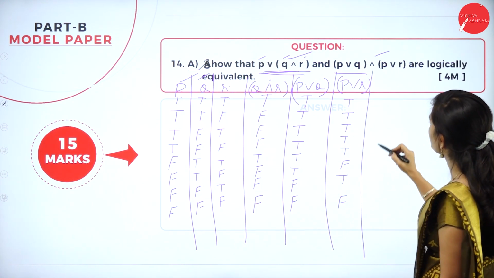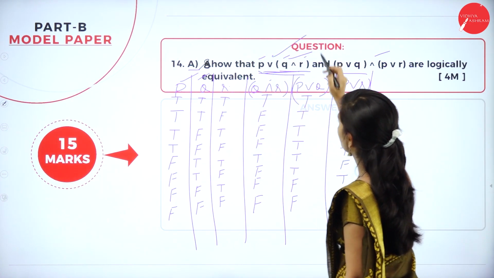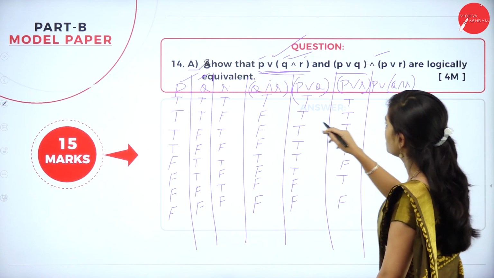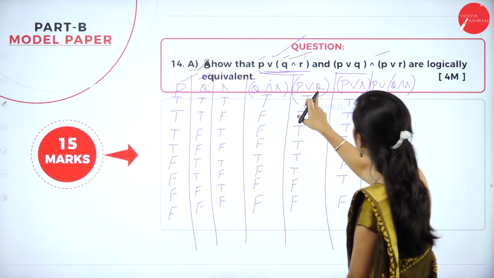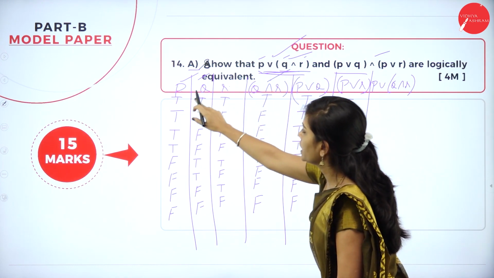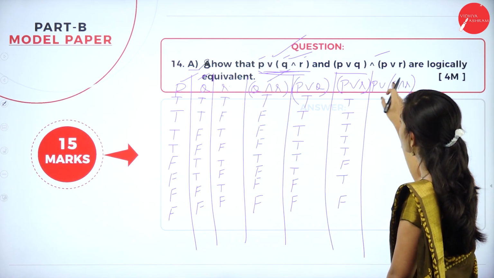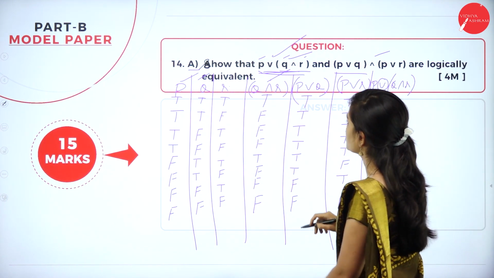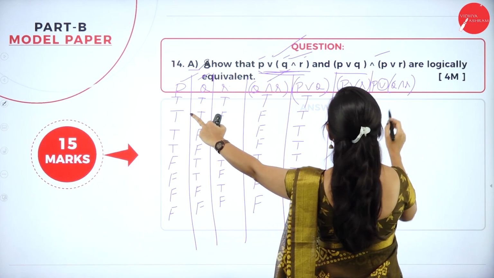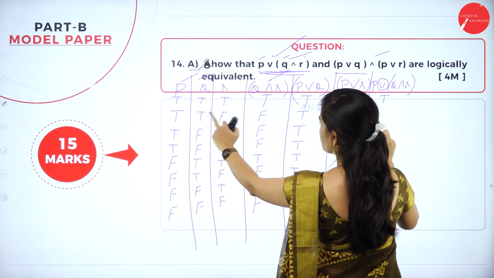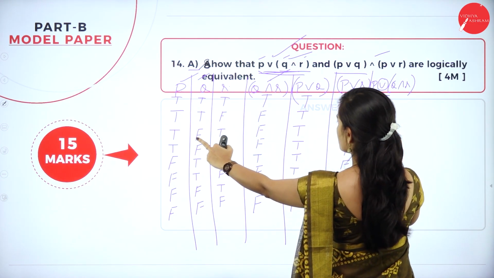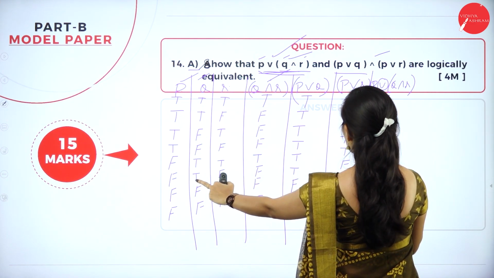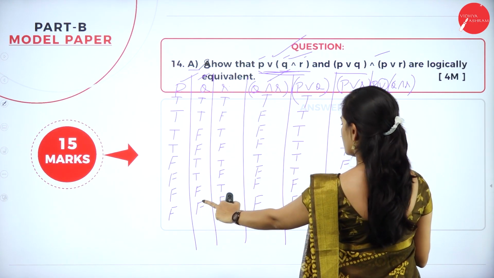And next I'll find out P or (Q and R). So you just use the P column and the Q and R column. Here you have to use logical addition, that is the logical OR operation. Use these two columns. Addition means true and true is true. If any one of the conditions is true, it is true only. So it is false, false and